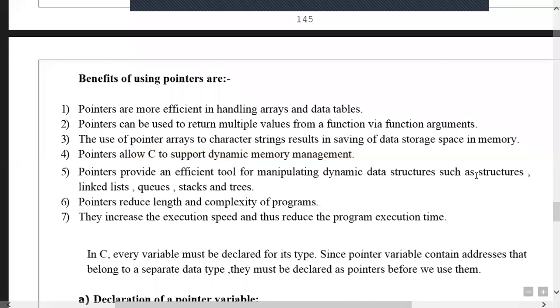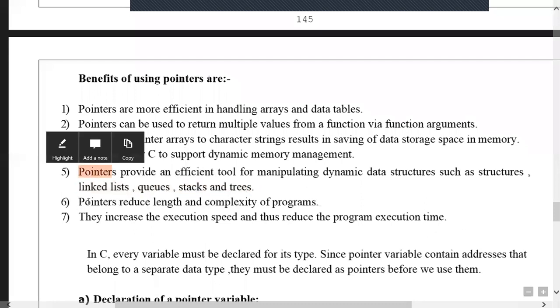In that, we will learn about linked lists, double linked lists, circular lists, queues, stacks and trees. When we are discussing all these topics, we will use pointers only.